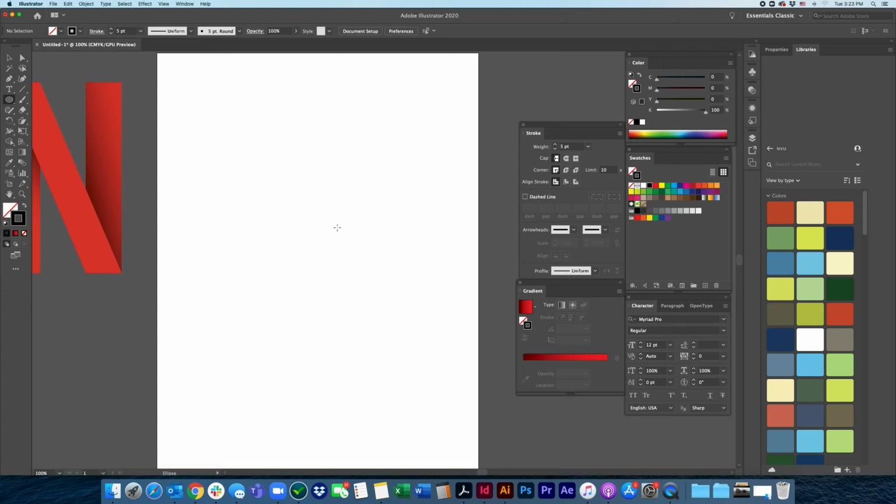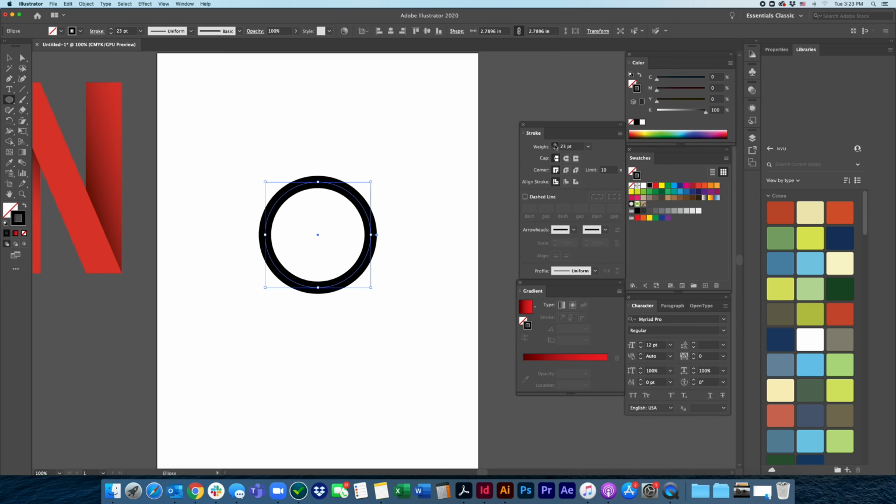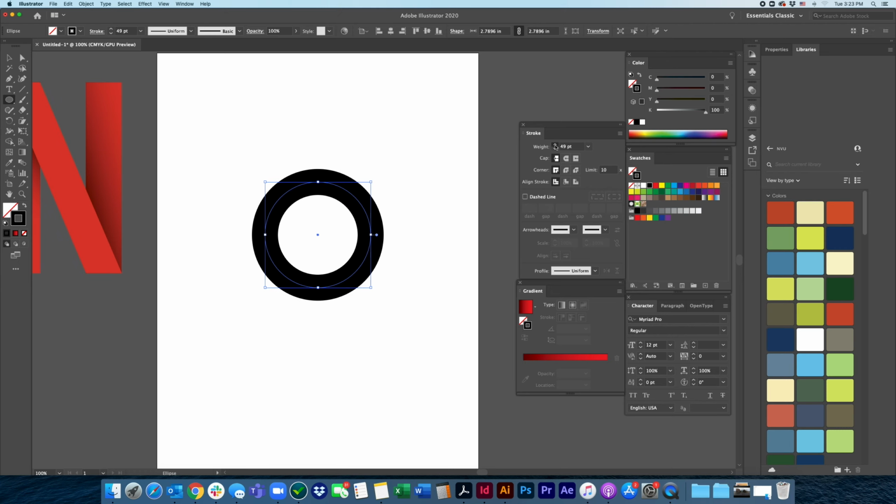So grab your ellipse tool, and we're going to make a perfect circle. And I'm going to make this fairly thick. Let's call it 50 points. You can type that in instead of clicking it 1,000 times like I just did, but go ahead and do that. And then let's make